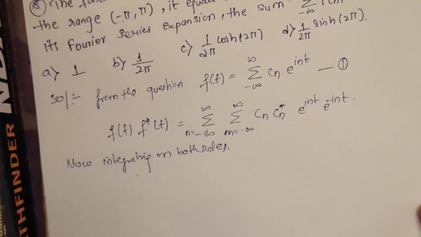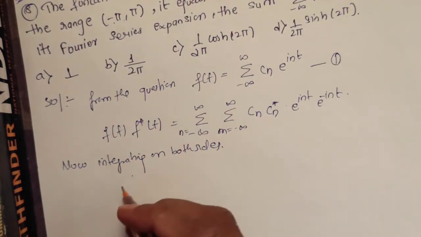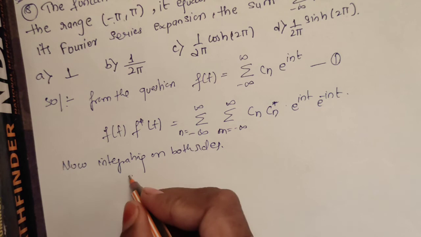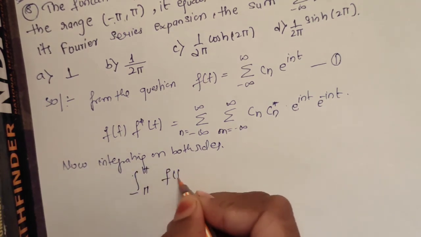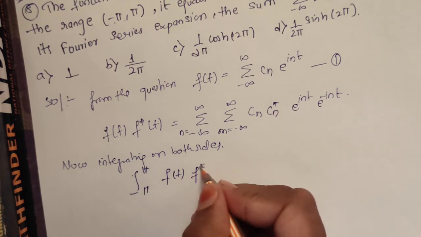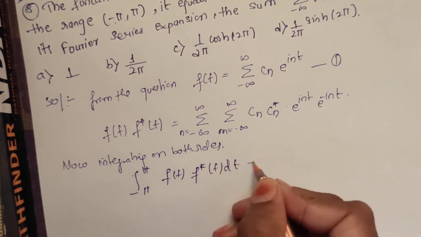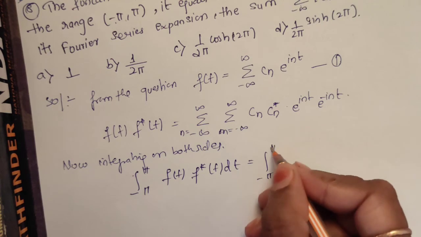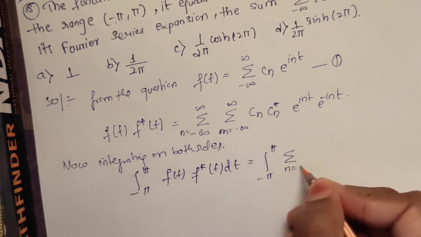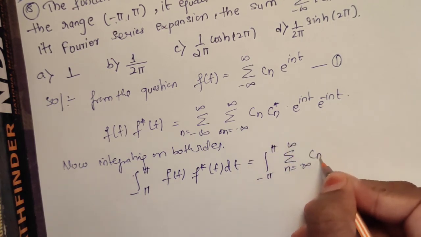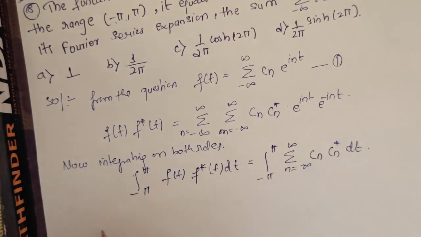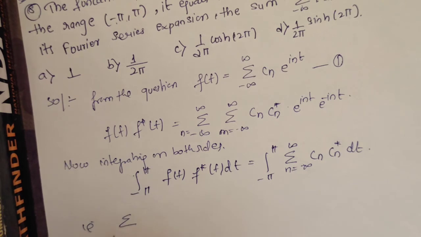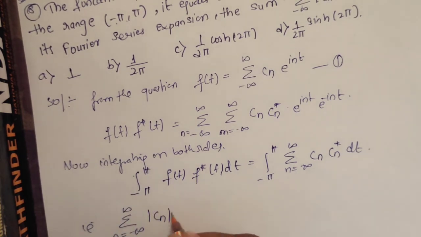So taking that range, integration from minus pi to pi of f of t into f star of t dt is equal to integral from minus pi to pi of summation of n from minus infinity to plus infinity Cn into Cn star dt. Okay, and that will be summation of n from minus infinity to plus infinity of mod Cn square